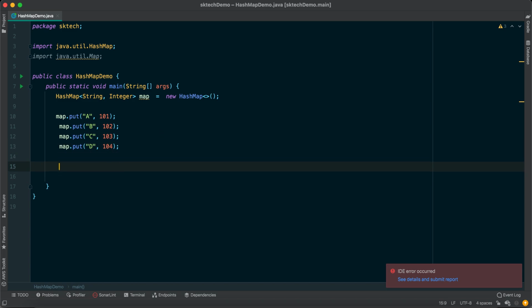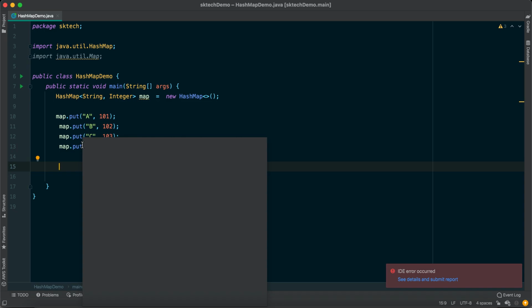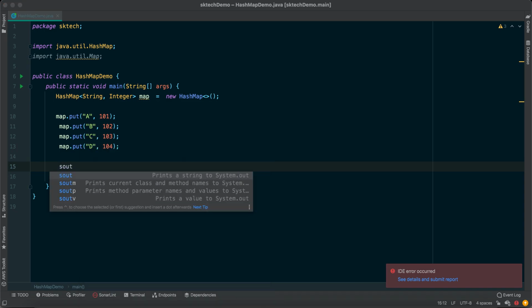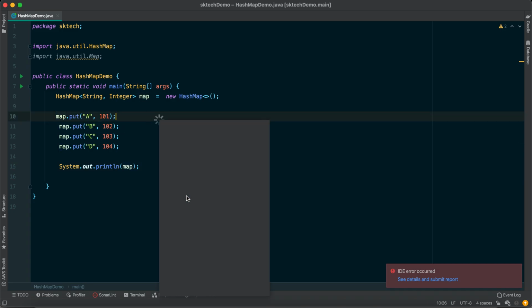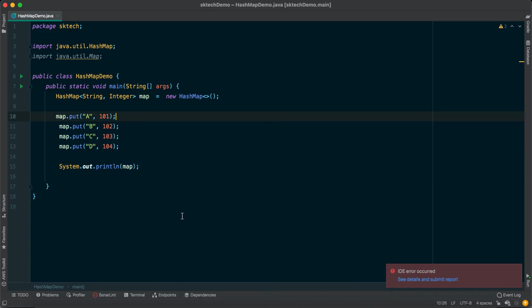Now, in our previous video we inserted elements into a list collection or set collection. To print that, we directly print using sysout and provide the object of the collection. Similarly, if you try to print the hash map, what is it going to print? Let's see.